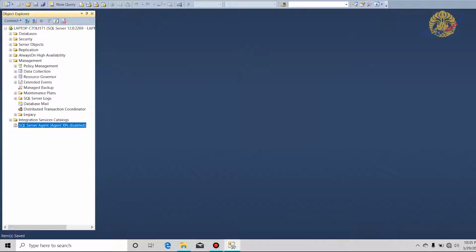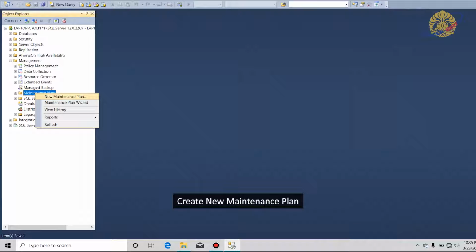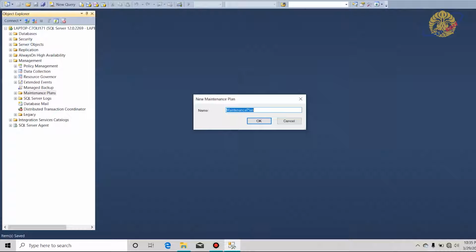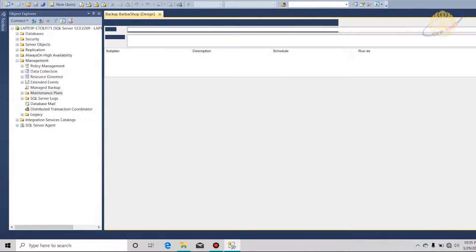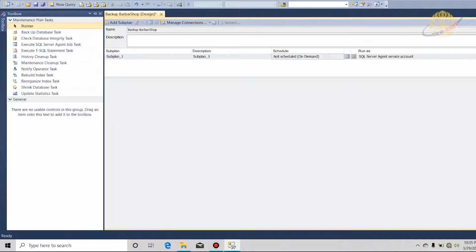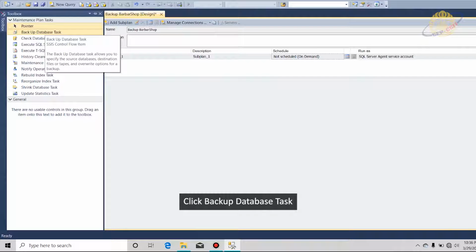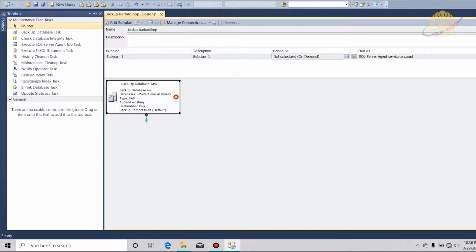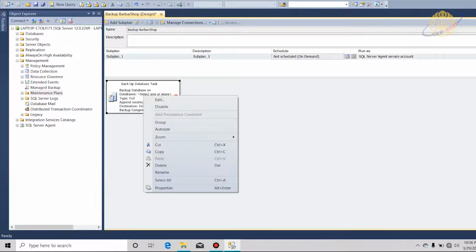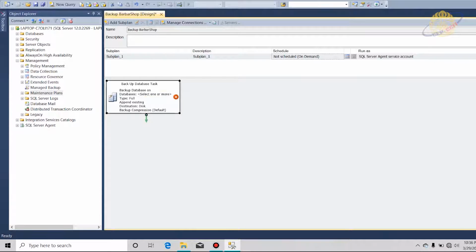Then right-click on the maintenance plans and click new maintenance plan and fill in the name to continue. In the maintenance plan toolbox on the left, click backup, double click backup database task, right click and click edit on the backup database task,